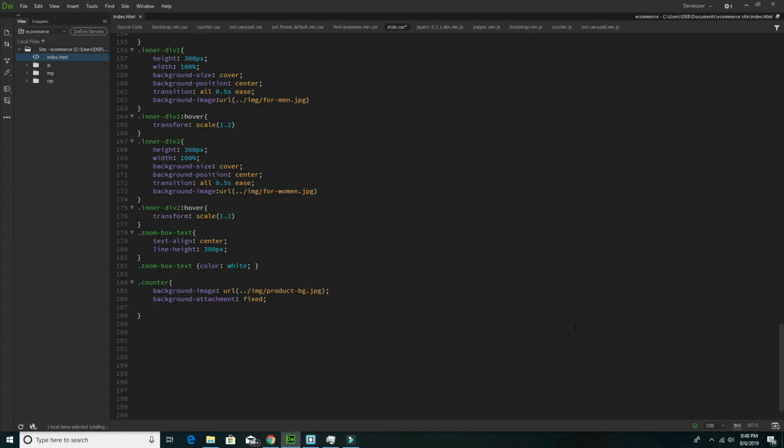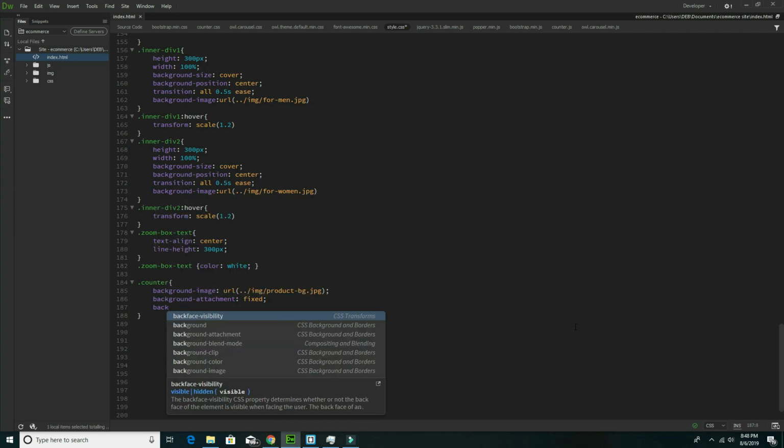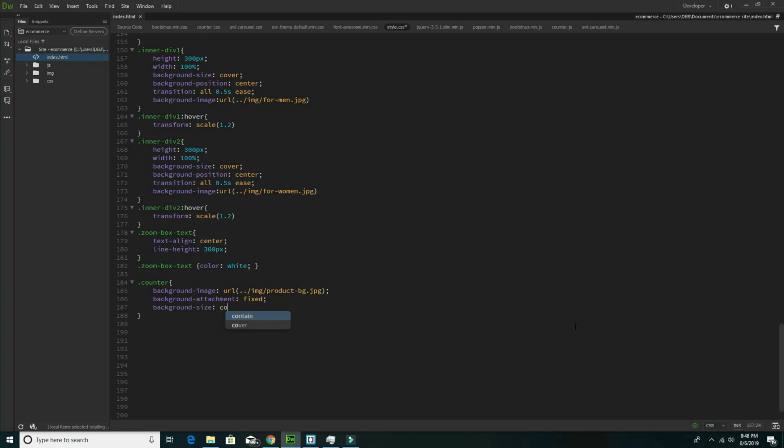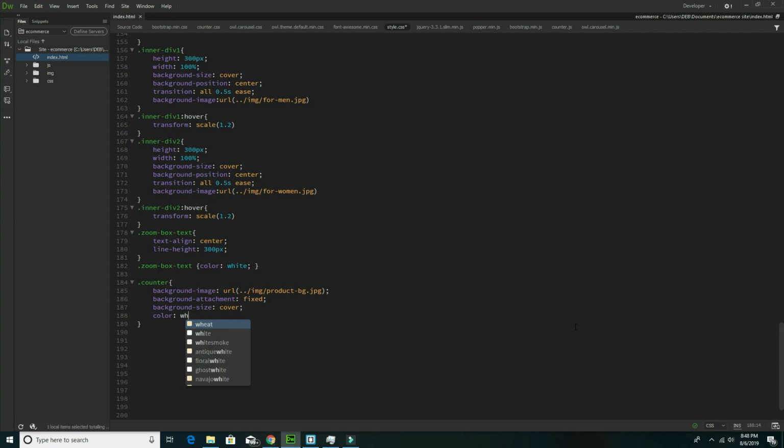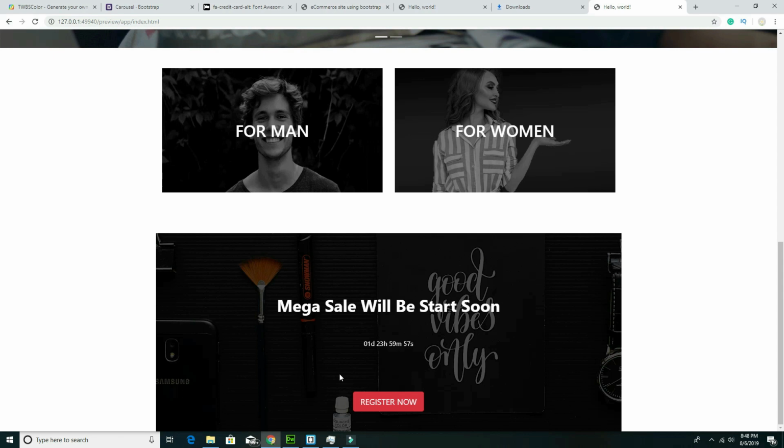After that, background size should be cover, and color should be white. Let's save it, check how it looks like. Okay, now this text I want a little bit in bigger size, so for that what I have to do,